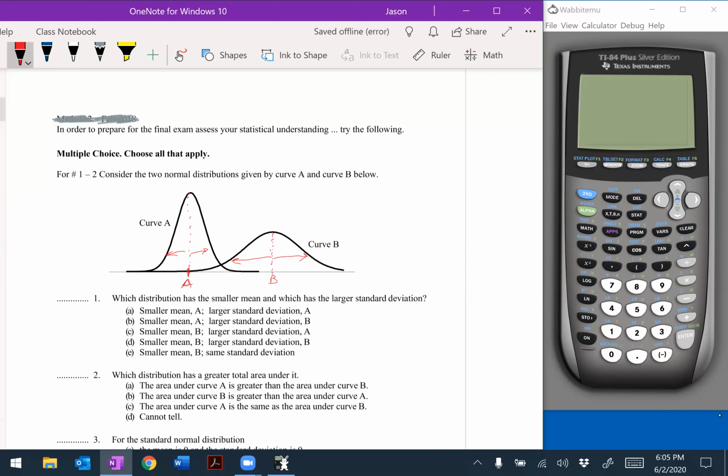So which one has a smaller mean? That would be A. Which one has larger standard deviation? That one would be B. So in this case, the answer is